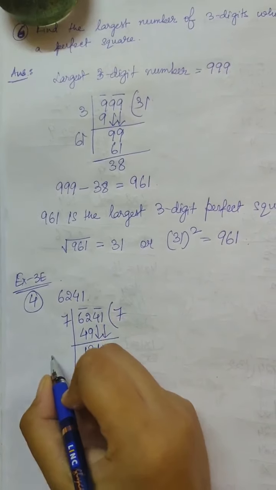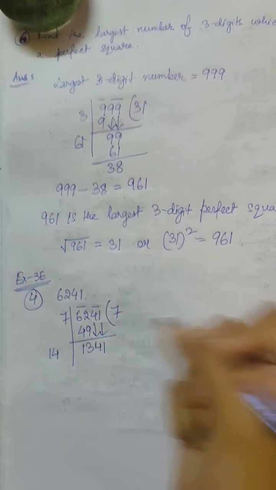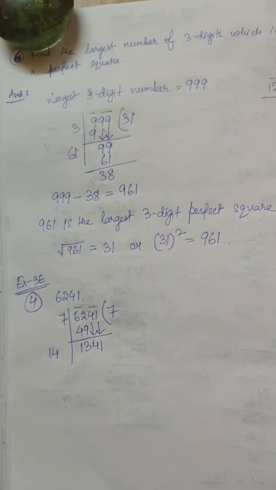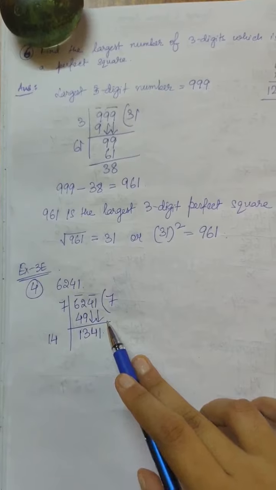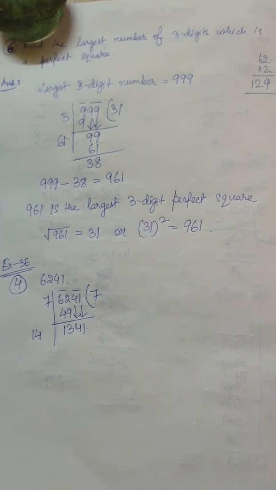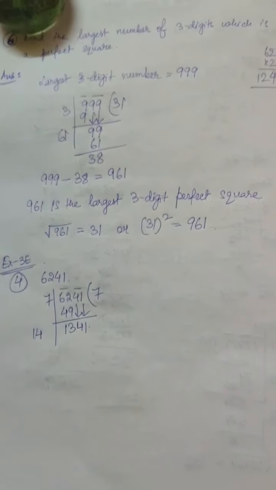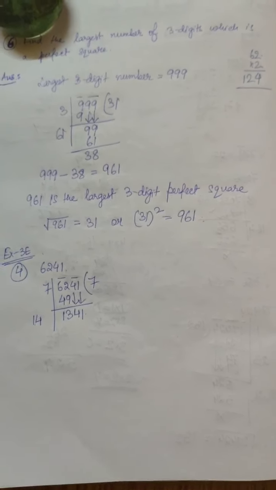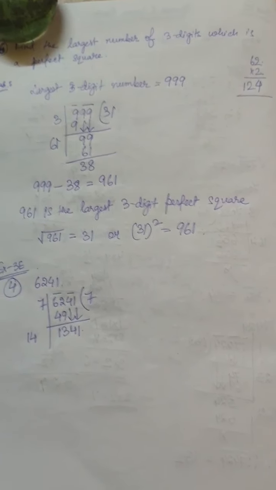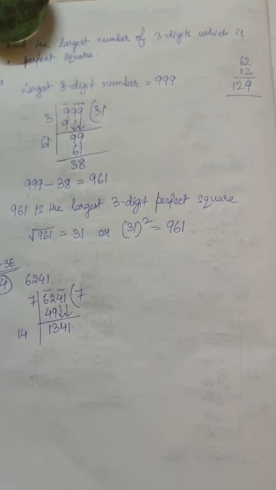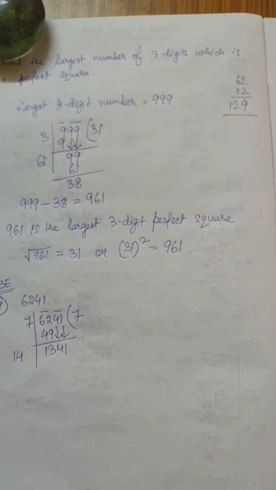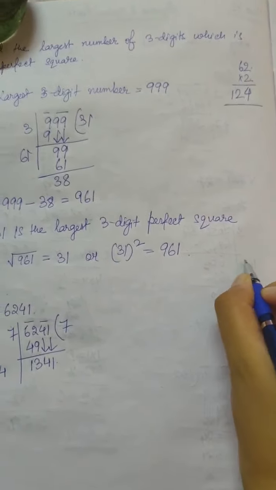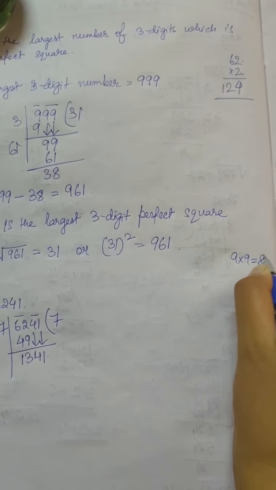Now the double of 7, that means 7 into 2, is 14. Now see, we have 1 in the last digit. So we know that 1 into 1 gives us 1. But if I do 141 into 1, we will get 141 itself. So what is the next number whose square gives us 1 in the end? If you think about 2 squared, it is 4. 3 squared is 9. In this way, if you think about all the numbers from 0 to 9, you will see that the square of 9 is 81.